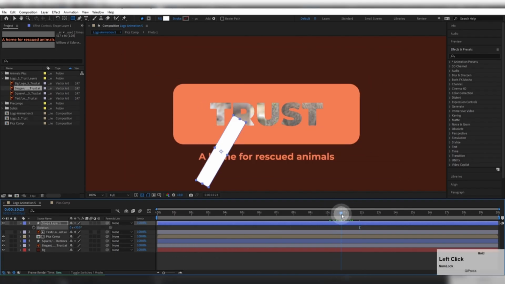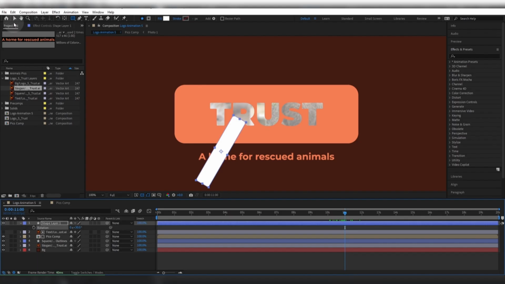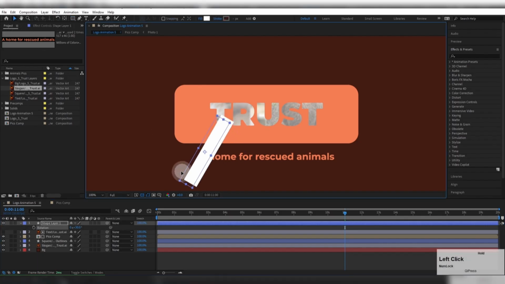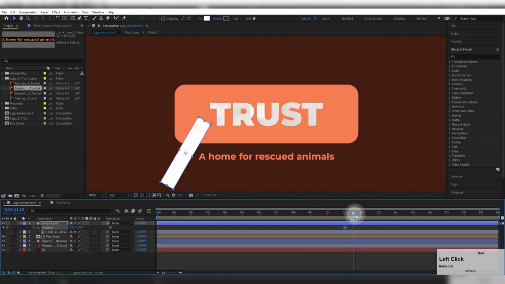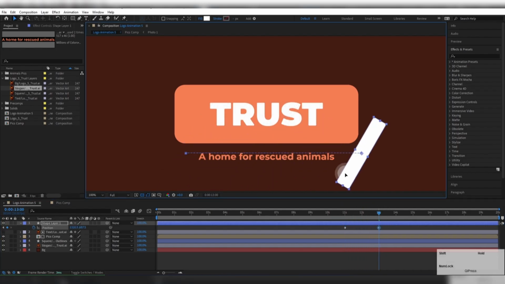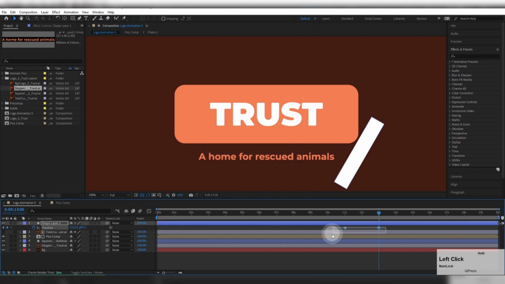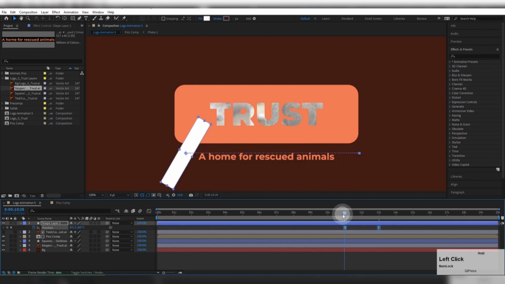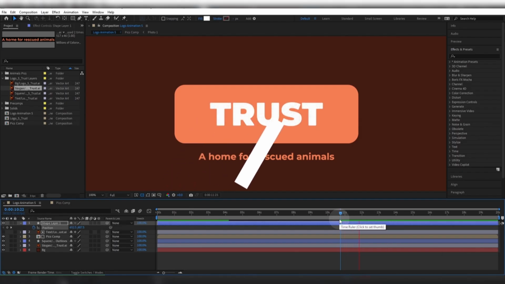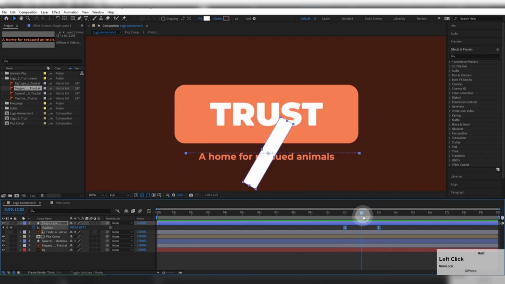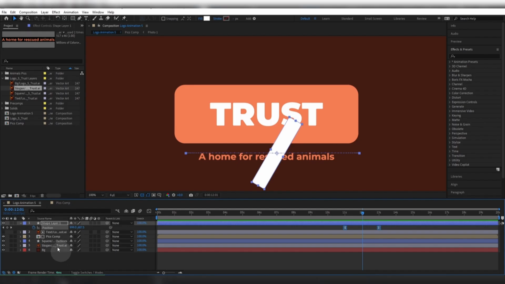Now, let's go to the second number 11. Go back to the selection tool. Move this layer here while holding the Shift key. Now press P to see the position property for this layer, and then create the first keyframe. Next, go to second 13 and move the layer here while holding the Shift key. Then, select these keyframes and press F9 to make them easy ease. Awesome! Now, let's press Enter on this layer and change the name to Slogan Matte, or you can call it